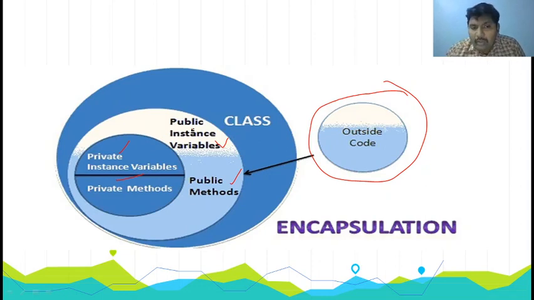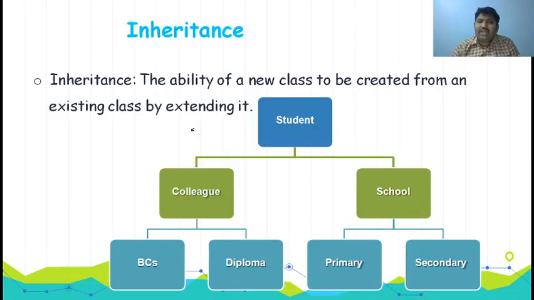and also there is a topic called access modifiers. At that time, I will clearly show how we can make a method a private method, how we can make a variable a private variable, and how a method can be declared as public. So these things we will discuss later. But what is encapsulation? It is grouping the data and methods together, and with the help of that, we are achieving security.